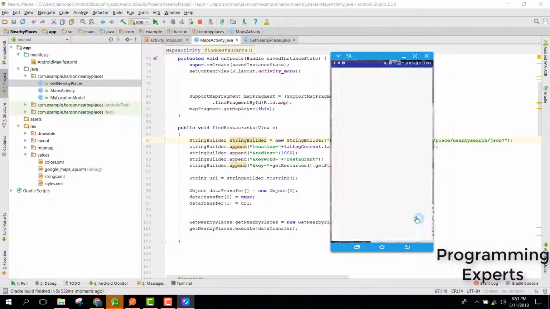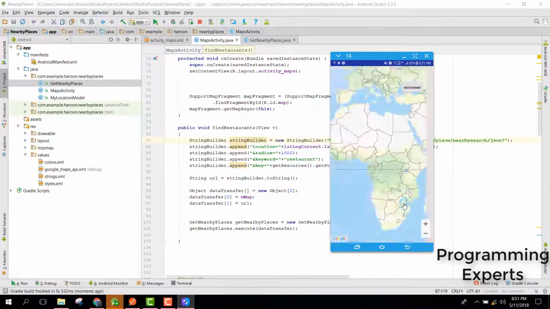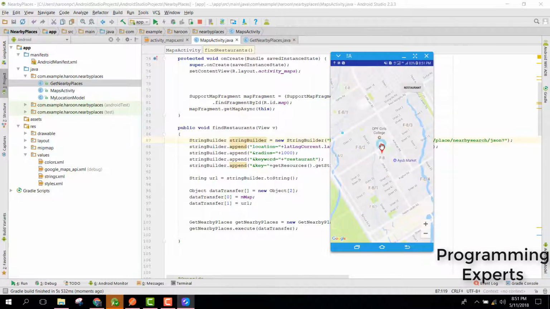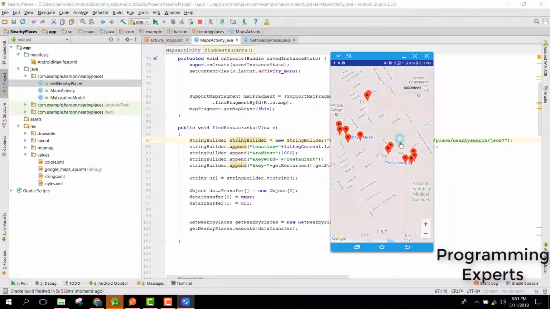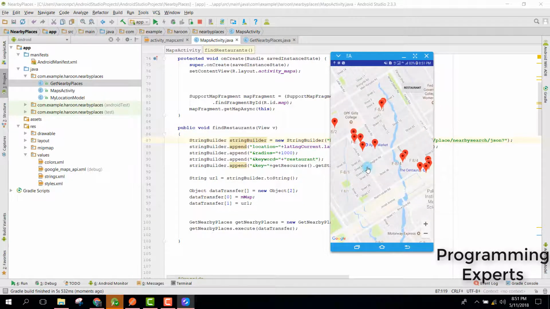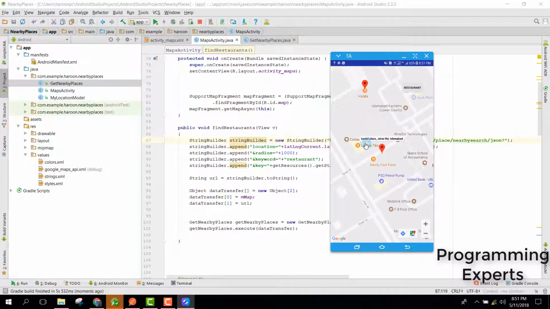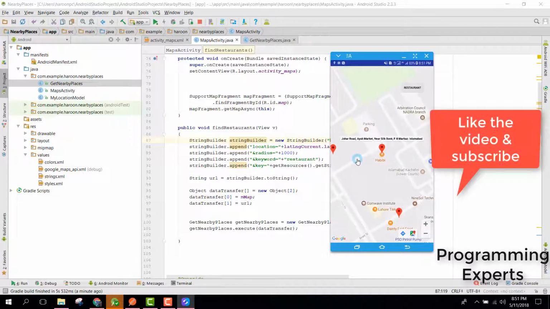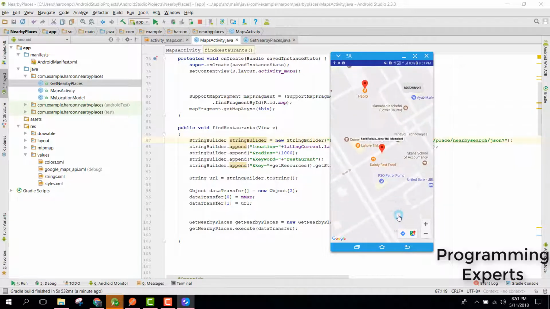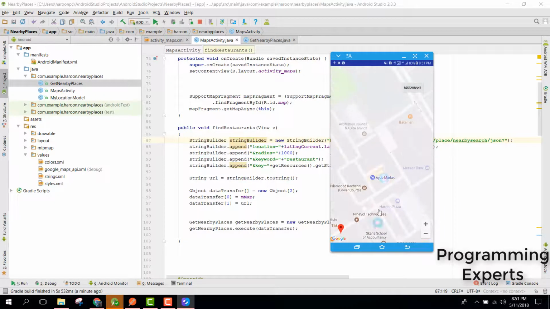So our application is now running and it is showing our current location, which I am using is the fake location. So now if I click on the restaurant button, there you can see that we have all the nearby restaurants here. Okay, so if I click on that part, you can see the name or the vicinity. Okay, and if I click on that, you can see that